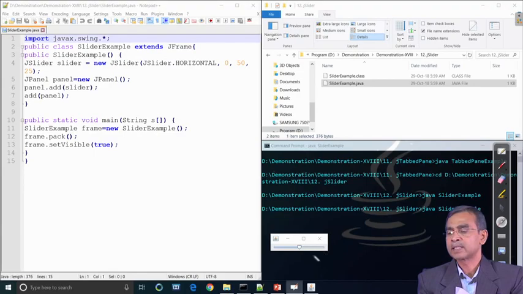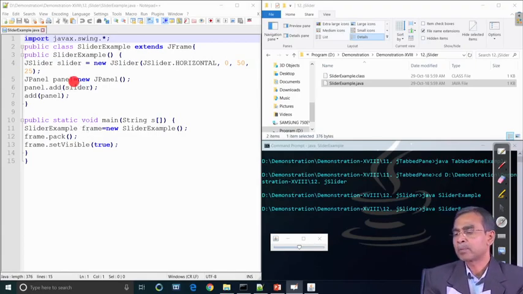So, the default location is 25, and the range is 0 to 50. The minimum is 0 and the maximum is 50, and then we can add it into either a frame or a panel. In this case, we have added it to a panel. So, the slider has been added into a panel, and then the panel is finally added into the frame, and this is the way the slider can be used.